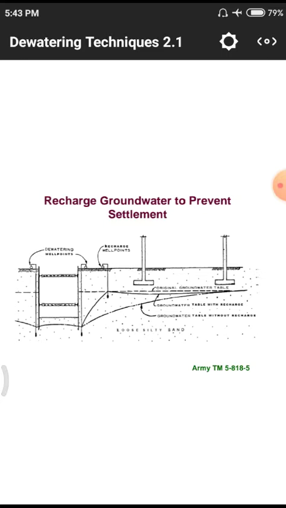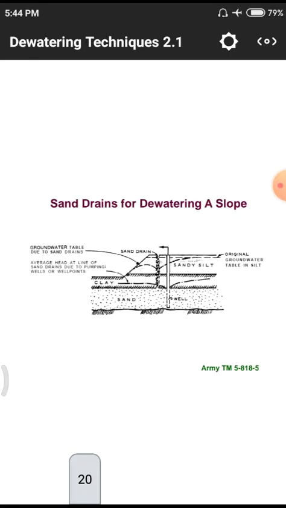Why? Because if groundwater is completely drying, automatically a huge amount of void is there. Due to those voids a settlement will occur on the structure, so that the total structure will be in danger conditions. To remove those danger conditions we have to surcharge or recharge some amount of water by using these groundwater recharge techniques. This is also one of the important techniques.